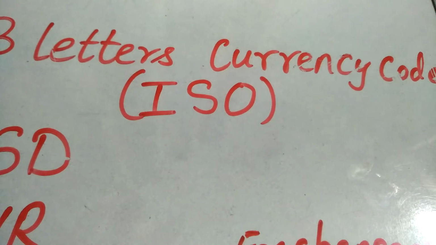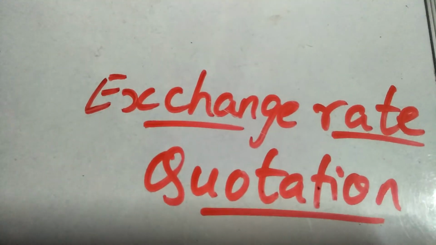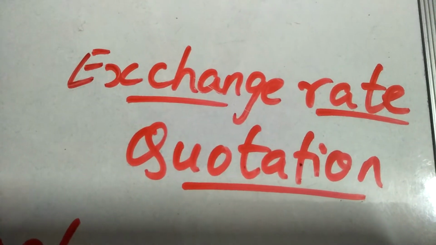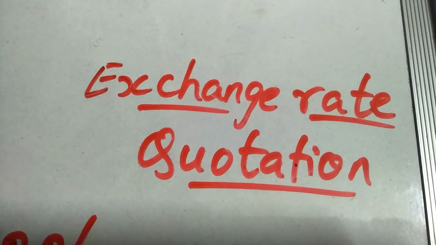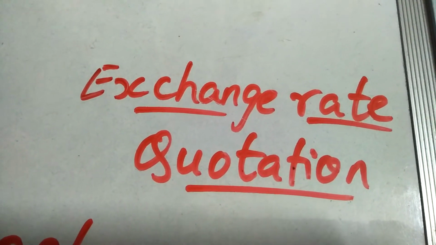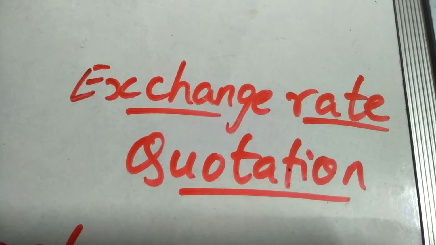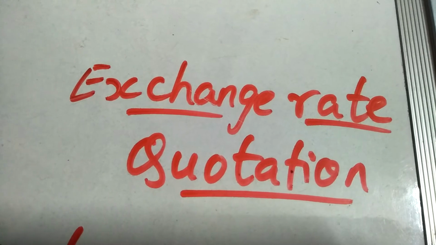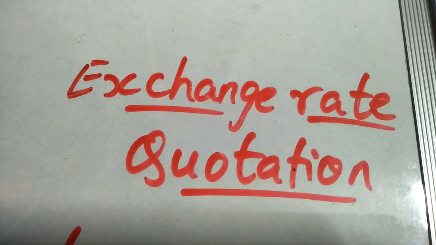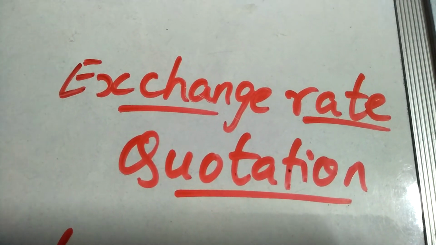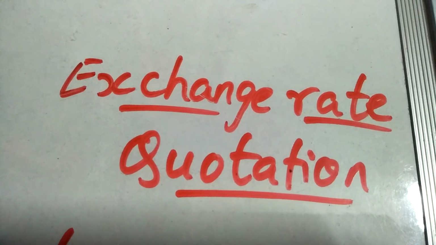Now let us understand what exactly an exchange rate is. The exchange rate is nothing but the equivalence of one currency to the other currency. Based on the purchasing power of each currency, the value of the currency is determined, and if the purchasing power of a currency is more than the purchasing power of some other currency, then the equivalence has to be established. The equivalence is given to us by the exchange rate.